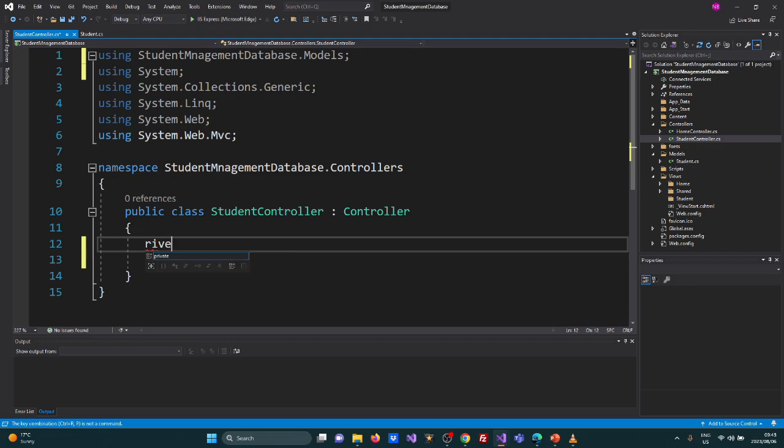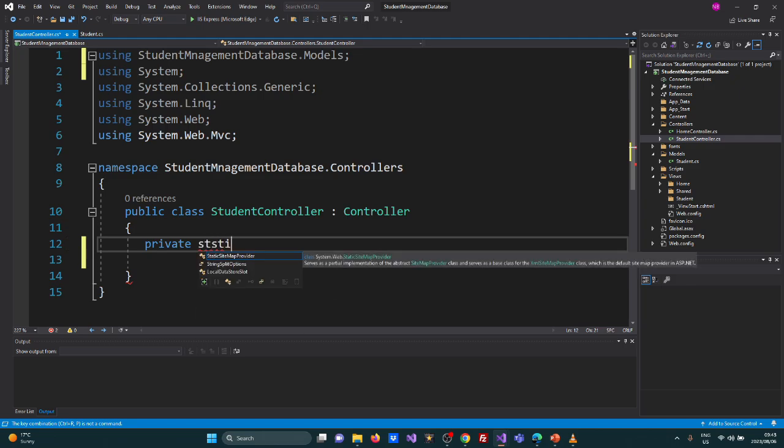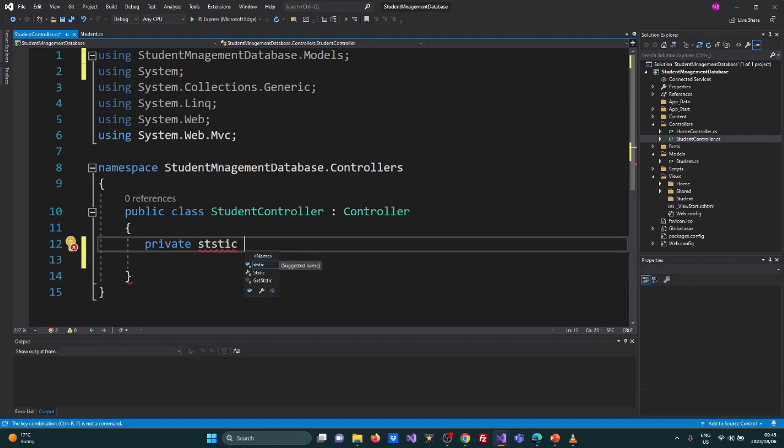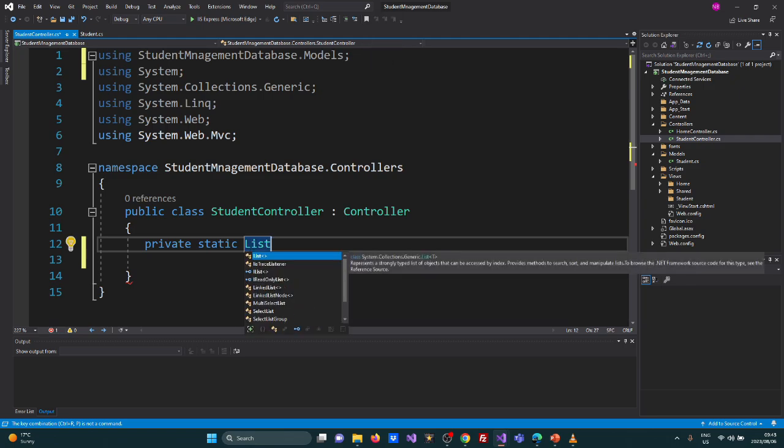Alright then, so we have made our controller, and now what we have to do is basically create a list. So this list is gonna store all the information about the student. It's gonna say private. The list has to be private because I don't want anybody just looking at my list and any property just taking anything from my list. Okay, let me just made a mistake here. It's gonna be static,